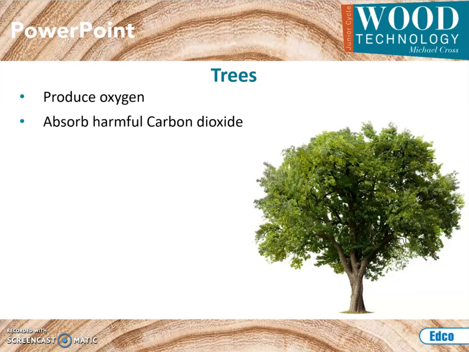Now, what I want you to do is take down this as the benefits of trees or forests. The first benefit, maybe you've learned about this in primary school, is that trees produce oxygen. Oxygen is very important for animals and humans to live. As a byproduct of being alive, trees produce oxygen. As a byproduct of us being alive or breathing, we produce carbon dioxide. Carbon dioxide in too much quantity is very harmful for the environment, which is fantastic in a way that trees use that, because they absorb harmful carbon dioxide out of the air and pump back oxygen